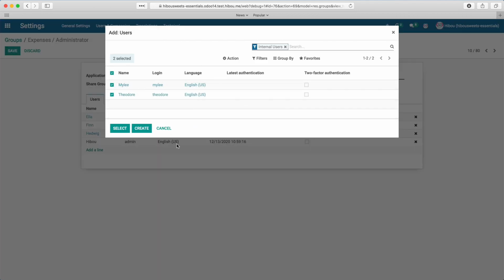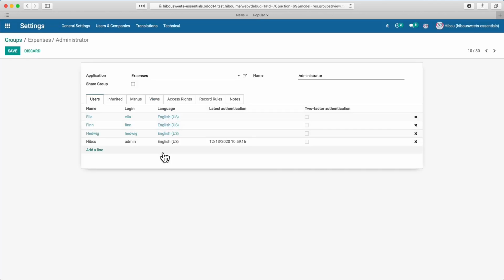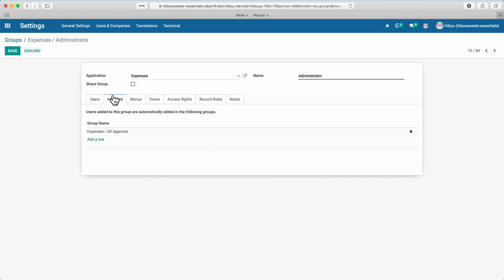versus adding them on the employee records themselves. Beyond that, we will see any permission groups that are inherited. So in the case of an administrator, which is essentially a corollary to a manager or a highest level of permissions within an application, you are going to inherit the group that is of a lower permission set. So any permissions that are provided by this group are layered upon the base permissions of the groups that they